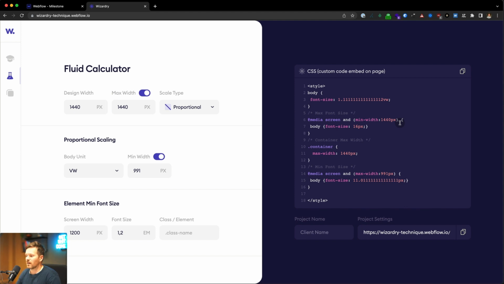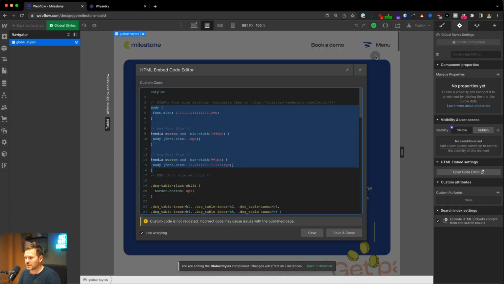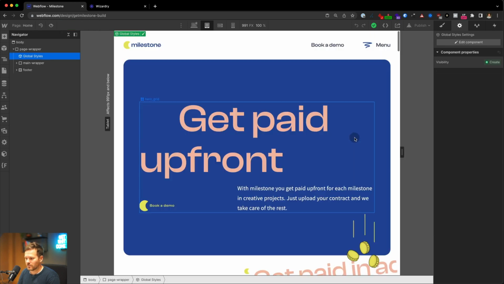So everything that's larger than 1440 pixels gives the body a font size of 16 pixels. So it doesn't grow any more proportional to the viewport size. And everything between 1440 pixels and 991 pixels, the body has a font size of this viewport width value. You can see this is viewport width and this is pixel here and there. And that's the reason why the font sizes